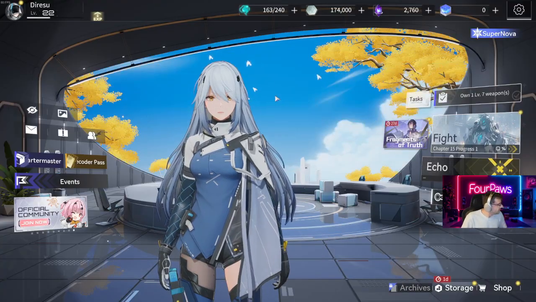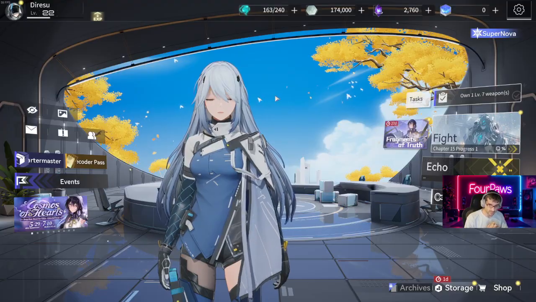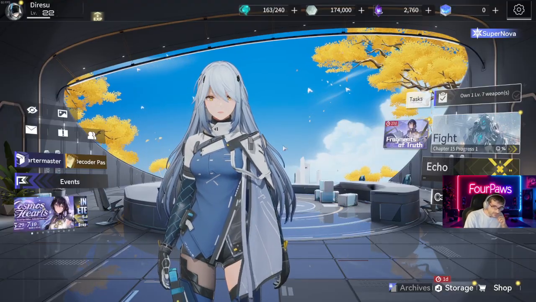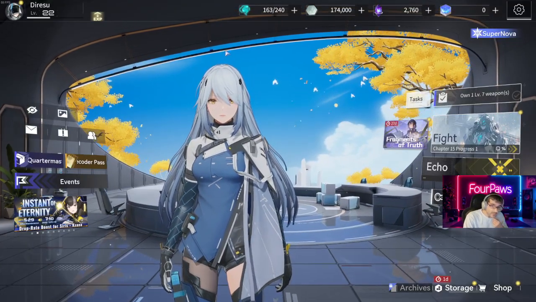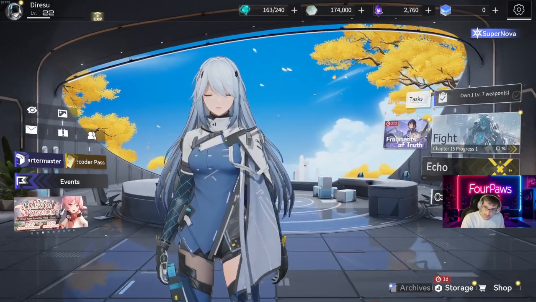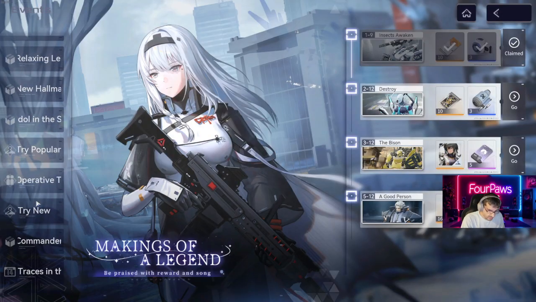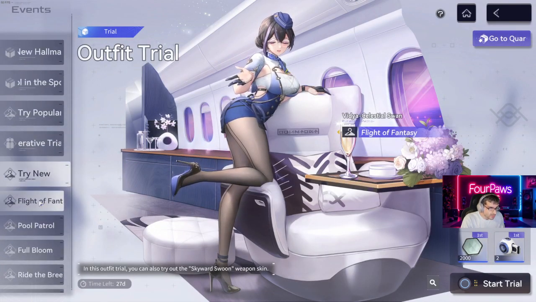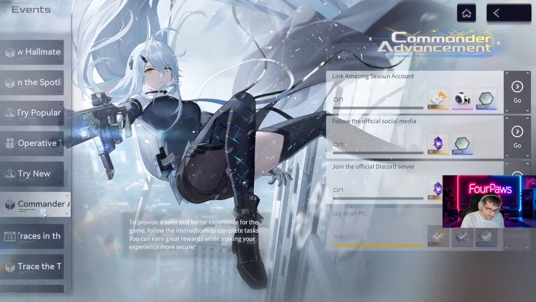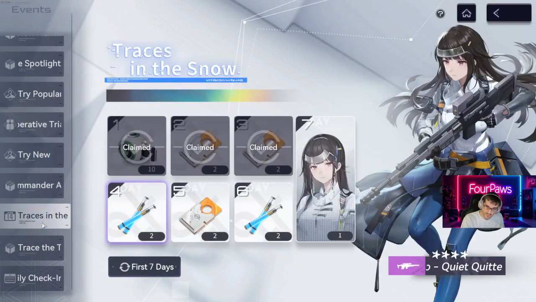Oh, okay, so they do that trial character fairly consistently. That's cool. I did notice there was a lot of, where did I see that? Was it under events? There was a lot of characters you can try. Granted, a lot of these were for the outfits, but...